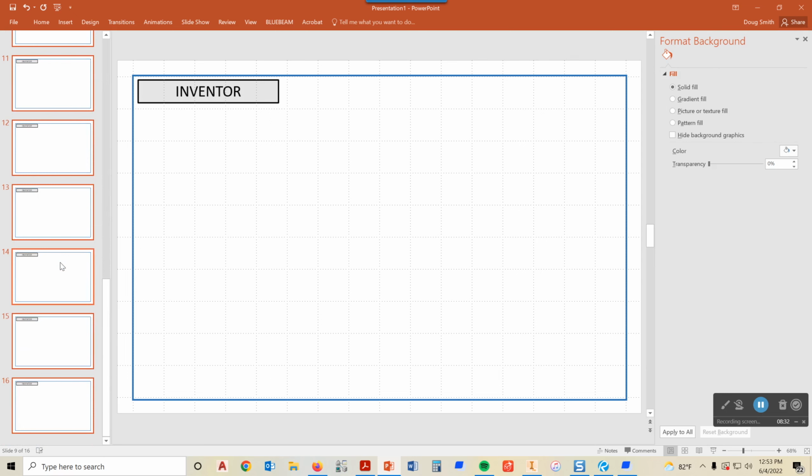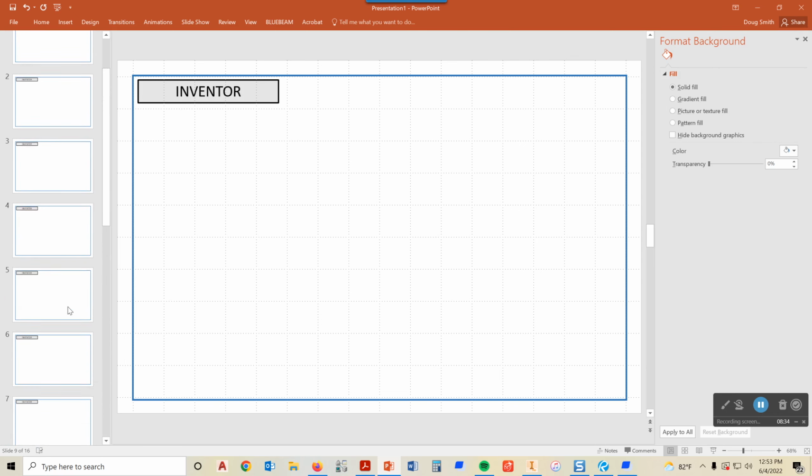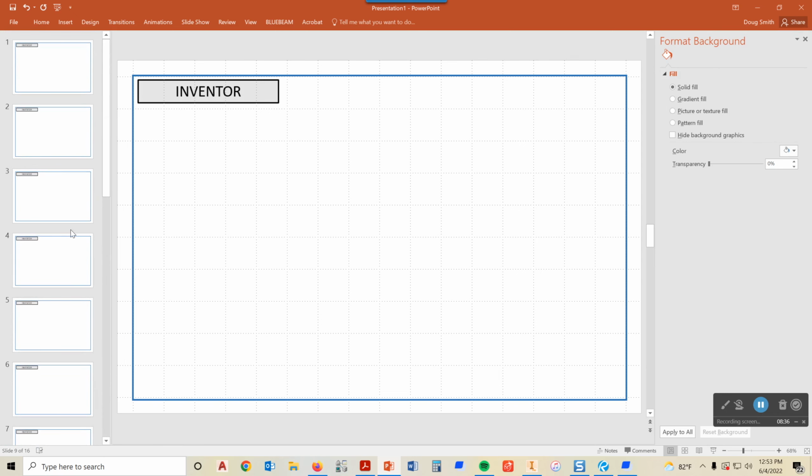So at this point, I have a total of 16 slides, and I could continue to make as many slides as I want. Now, when I double click on a slide, that slide opens up, and I can add images or text or whatever to this slide. So if I go back to the first slide, it is usually going to be your cover slide. And so it may not look exactly like all the other slides,